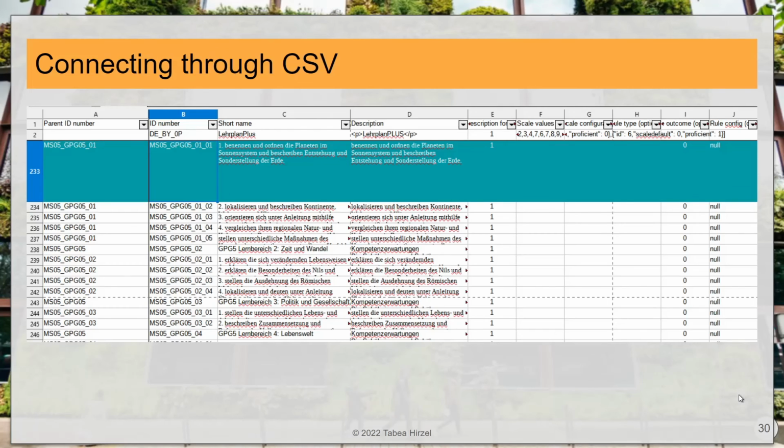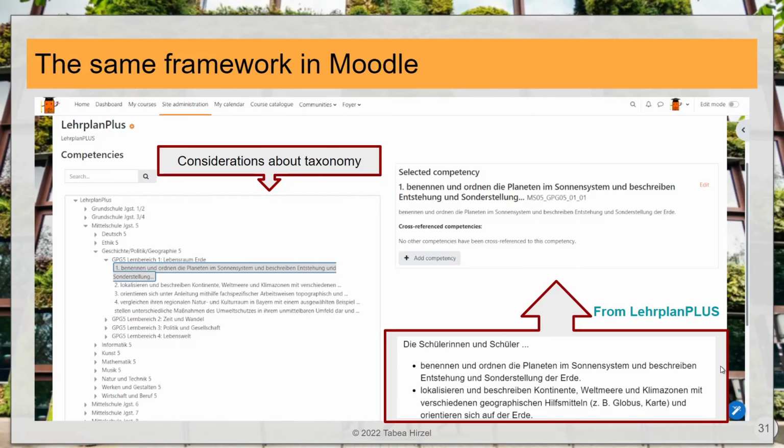And exactly in the same way I have to prepare a CSV file, because this is how Moodle works, where this very same competence appears in that way. And then I'm able to import it into my competency framework in Moodle, and it looks like that.